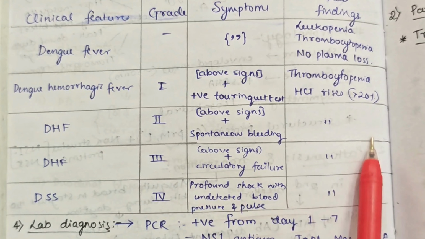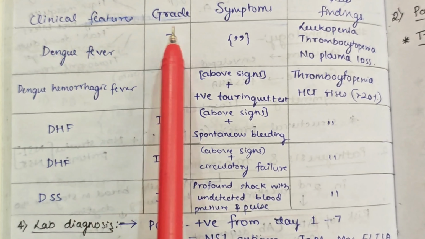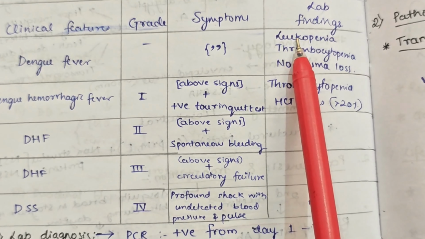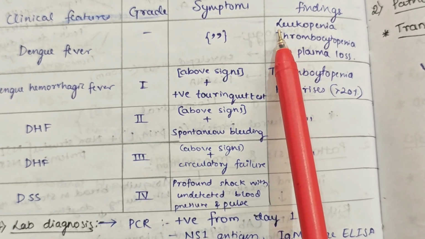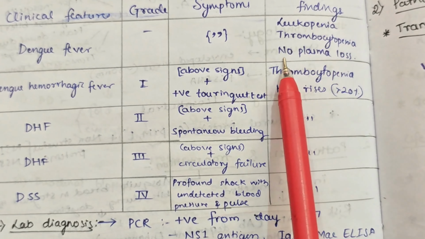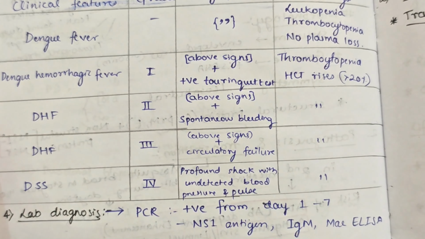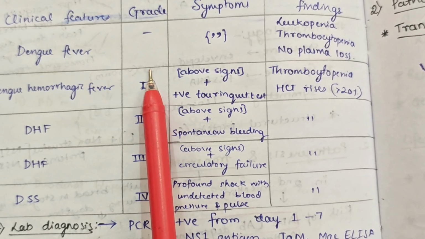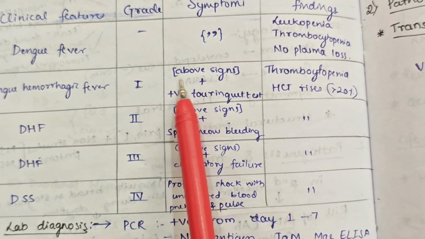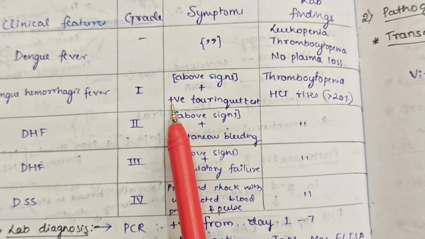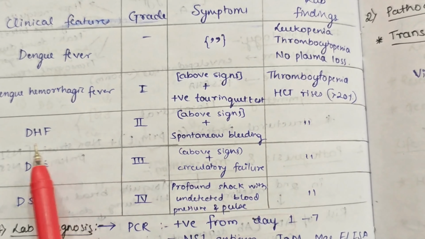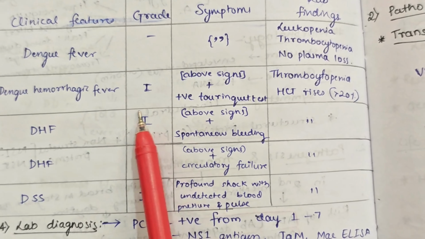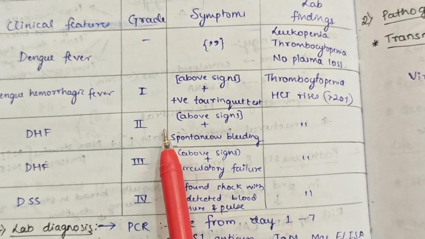Now the grading. Dengue fever has no grade. Symptoms are the same as told above, but the lab diagnosis shows leukopenia and thrombocytopenia, with no plasma loss seen. Dengue hemorrhagic fever is marked as grade 1 if all the above signs are present plus a positive tourniquet test. Dengue hemorrhagic fever is marked as grade 2 if all the above signs are present plus